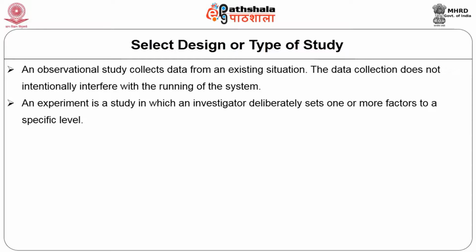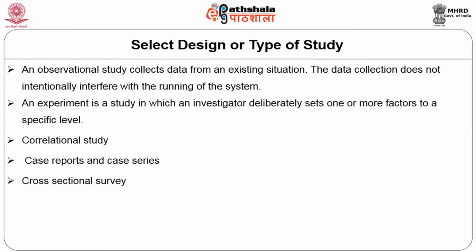So, what are the different observational studies that are available? One is a correlational study, case report and case report series study, cross-sectional survey, case control study, cohort study. In experimental, randomized control trials or community trials. We will go one by one